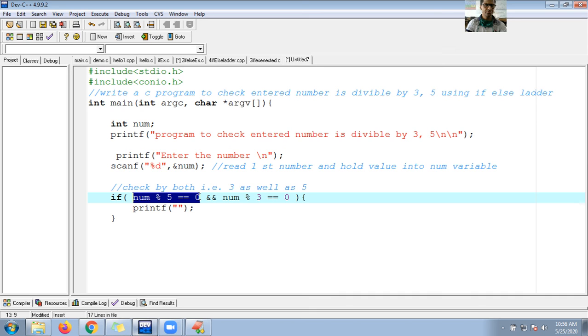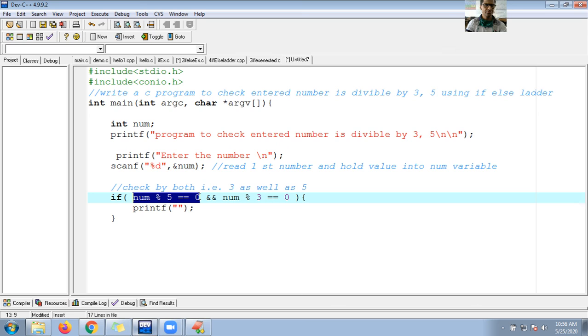So by 3 holds the remainder, as well as by 5 also holds the remainder.